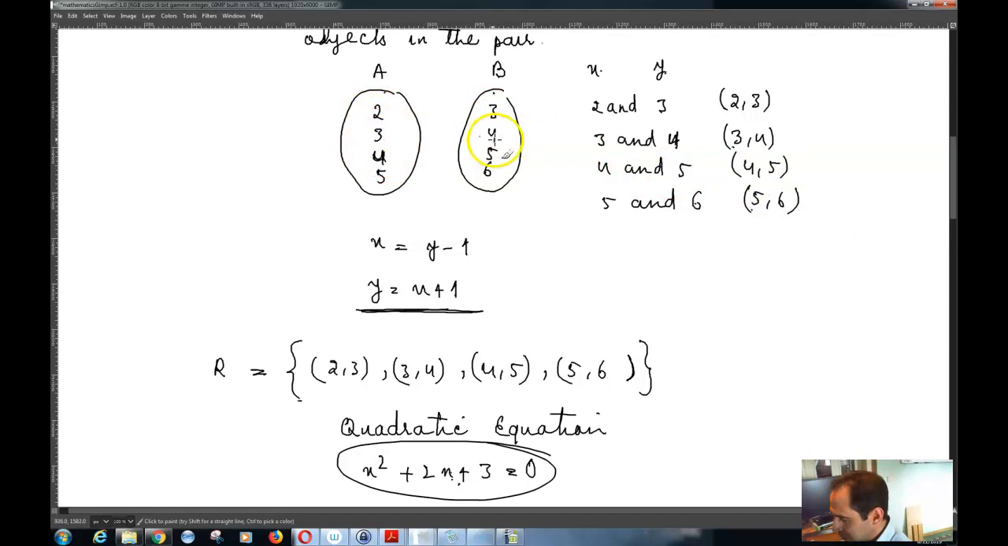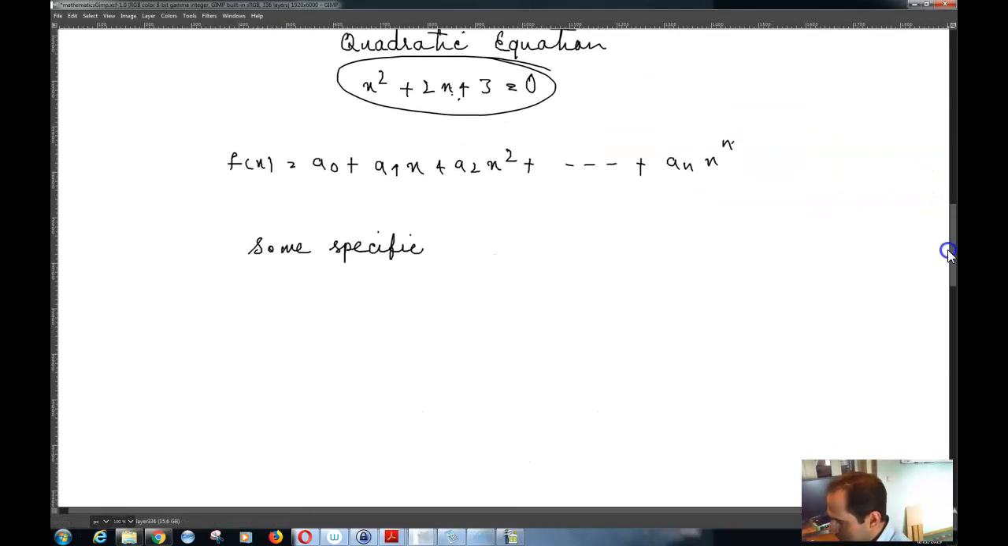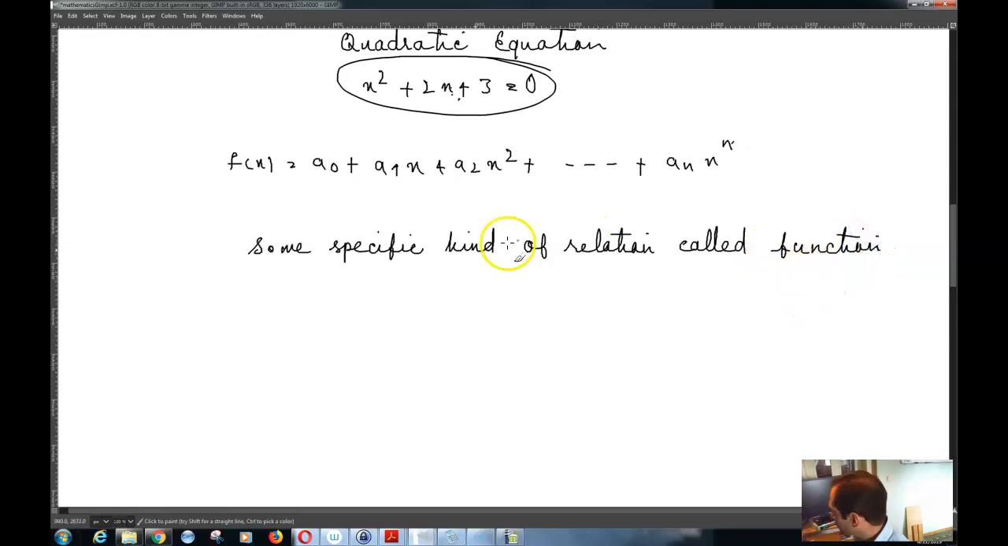Now, among all of these different kinds of relations, there is one specific kind of relation which is called a function, and that we want to talk about as well. And of course, you know that functions are one of the most important concepts in mathematics, because